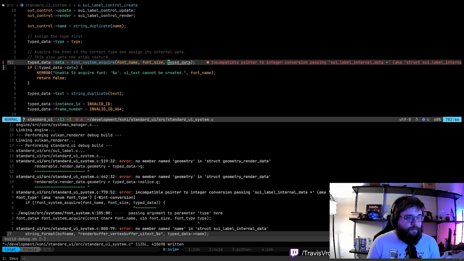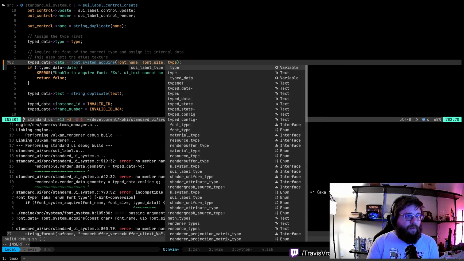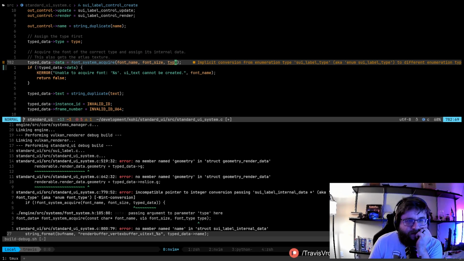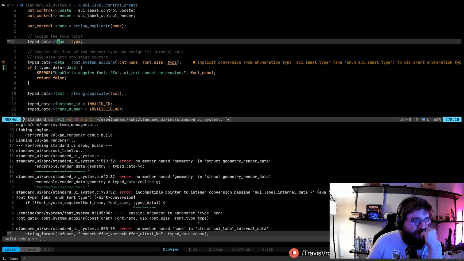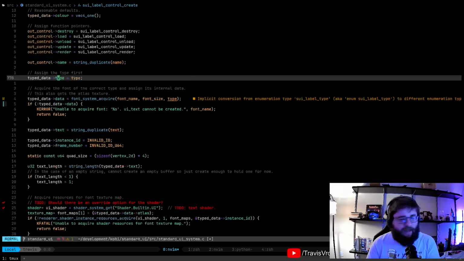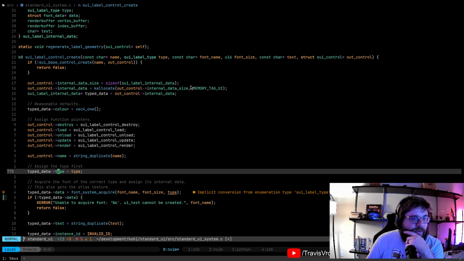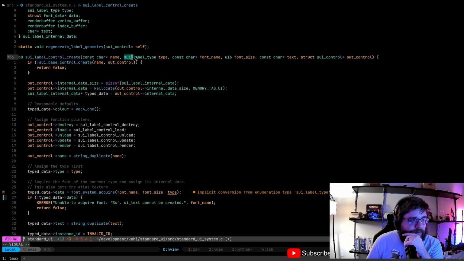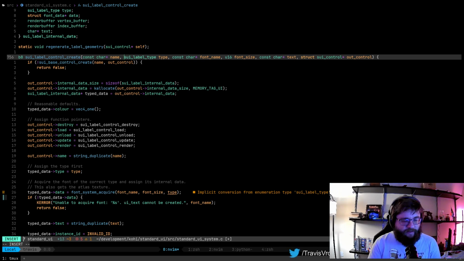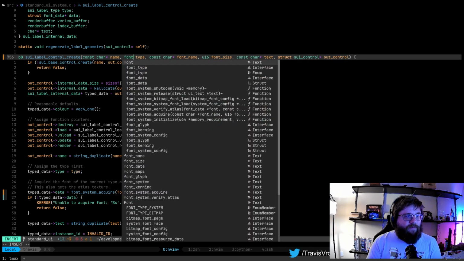And then this is going to be type, which is SUI label type. So we actually don't even need that label type stuff. Let me get rid of this real quick. We created this last night, we added this, and really, we don't need that. What we need is, what was it, font type?